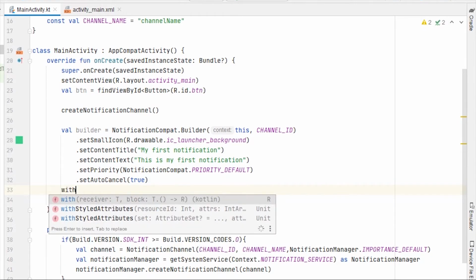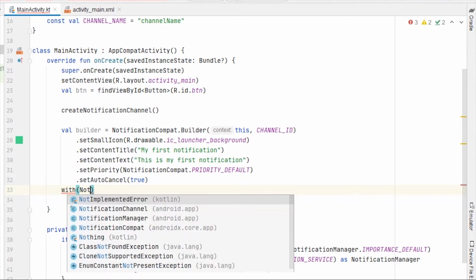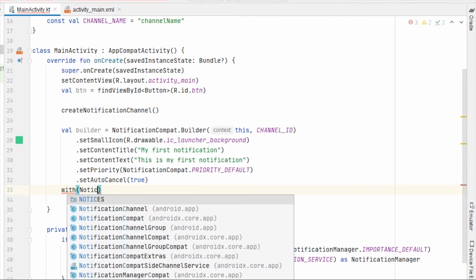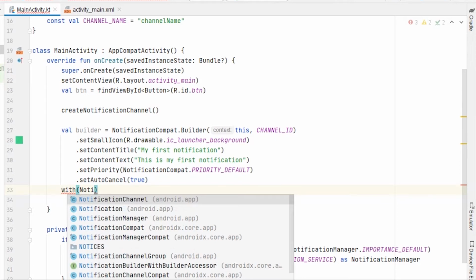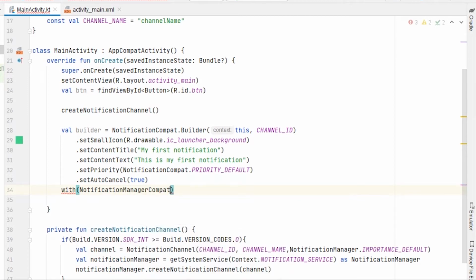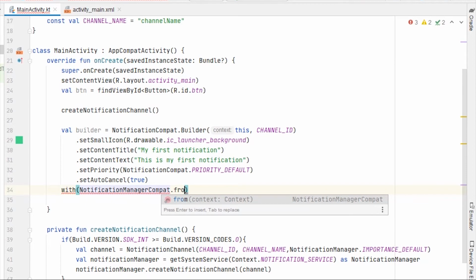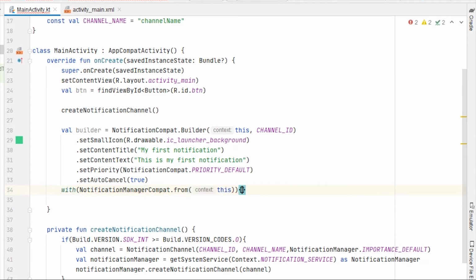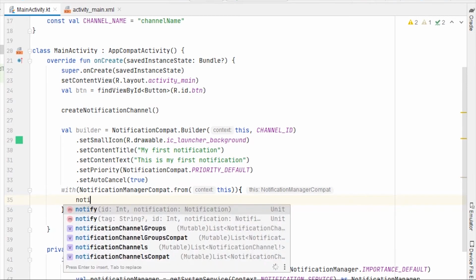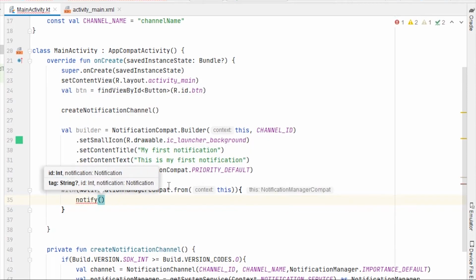To do that, we have to write with NotificationManagerCompat. I know these are very many new things, new names that you have to remember, but believe me, if you practice enough, you will be good to go. So with NotificationManagerCompat.from, here we have to pass the context, and inside the with block we'll call the notify method,